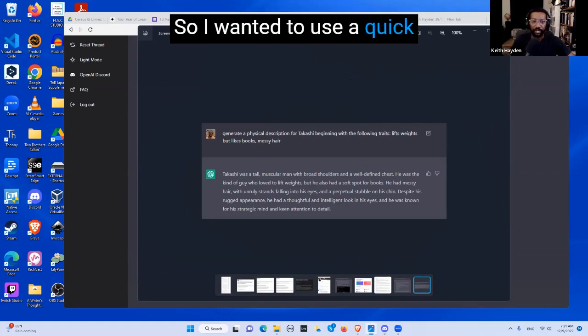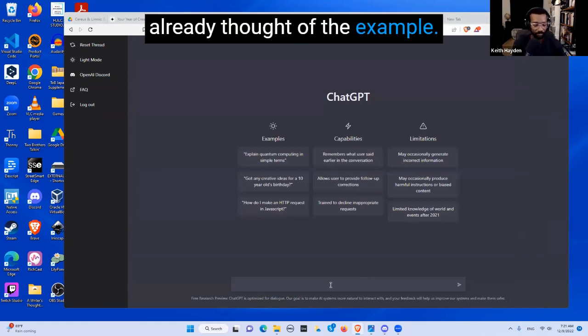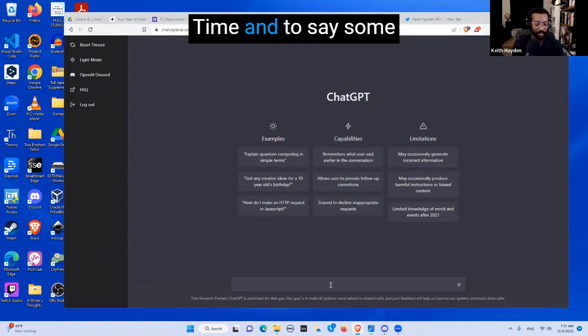So I wanted to use a quick example to show you in real time of me doing this. I already thought of the example beforehand to save some time, but let's try this.